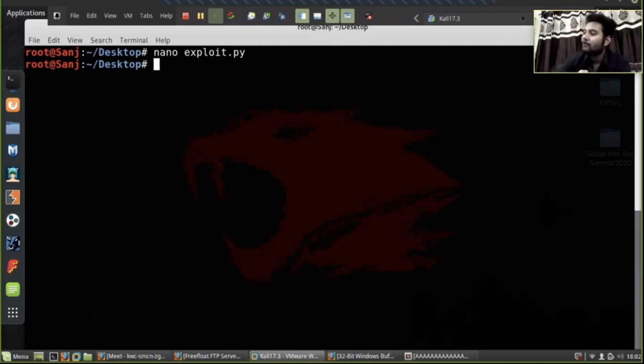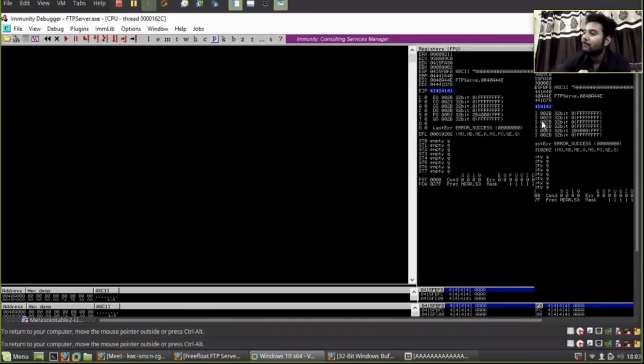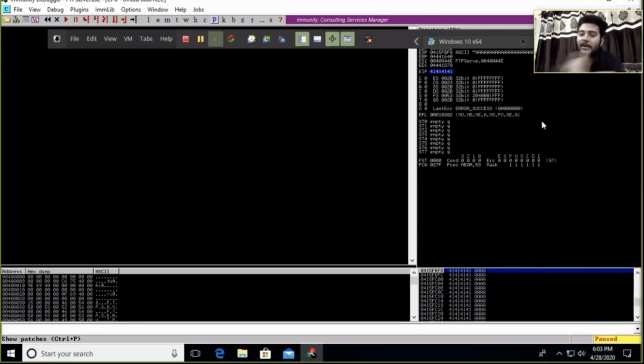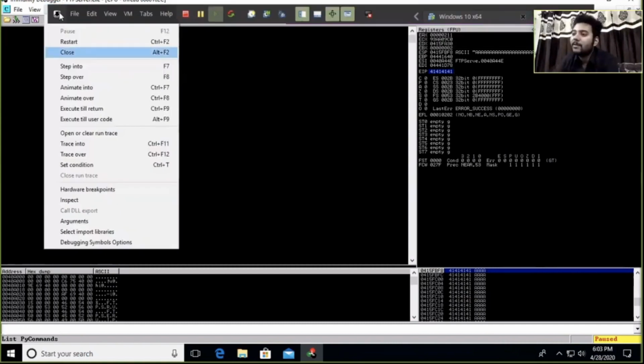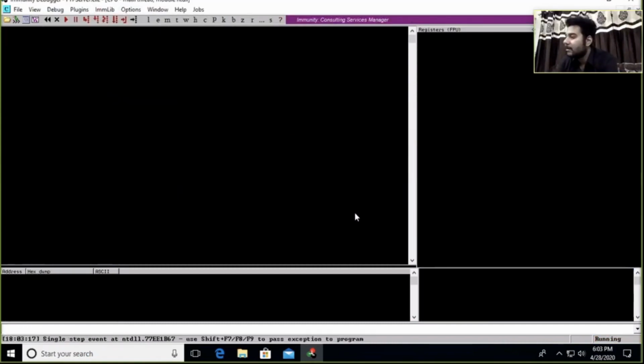A's, 414141. Don't you think if I send 500 of this pattern, it will also go to the EIP? It will go to the EIP again. So my EIP is having 41, 41, 41, 41 over again. In this way, this pattern will also go to the 41 part. So what I'm doing is just restarting it so that the application can get restarted